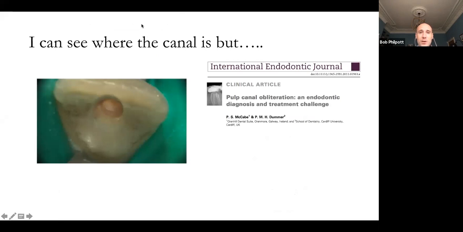Someone has asked as well in terms of whether or not you're using water. If a tooth's necrotic, can you access without water? You can, and they've made a good point of the